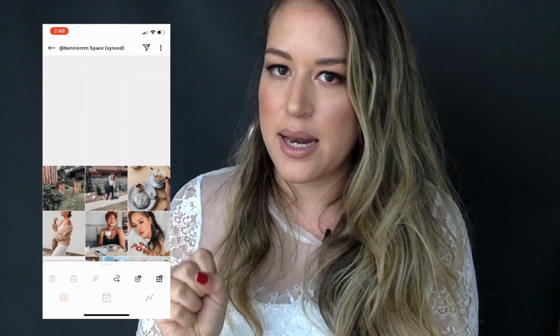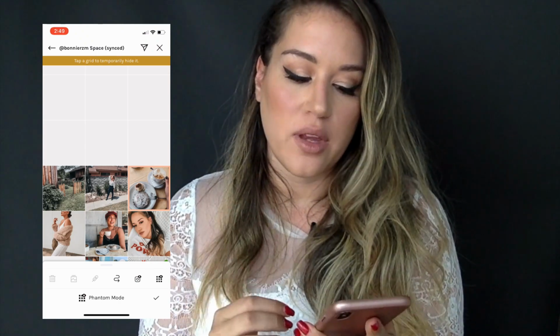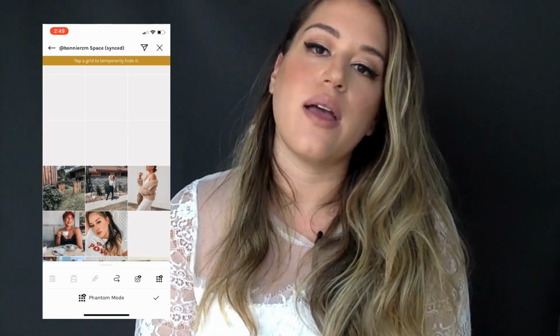Another option is this icon. So if I click it, I can see how it will look without that photo for a minute. I can click the photo, click the icon, and it says phantom mode. So I can click the photo and it will disappear. So I can see a preview on how it will look without that photo.